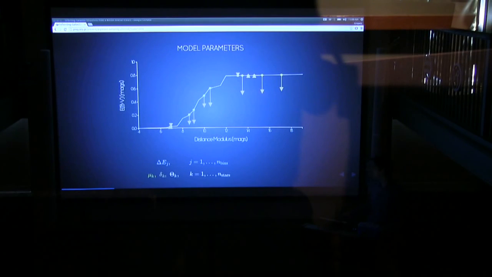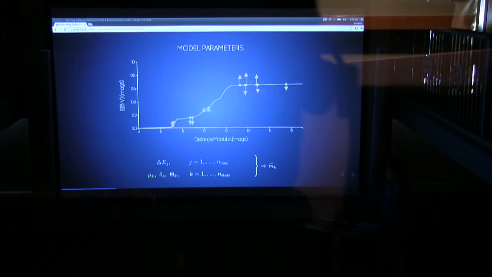And finally, we're going to give a type to every star. So this is the intrinsic type, or the intrinsic colors, of the star. Once we have those things, we can predict what the magnitudes are, because now we have a reddening and a distance and a type for every star, so we can just predict what the magnitude should be in our photometric system. And by comparing these predicted magnitudes with the actual magnitudes, we get a